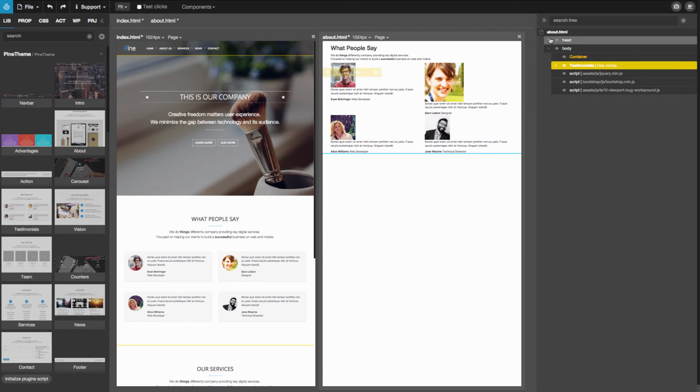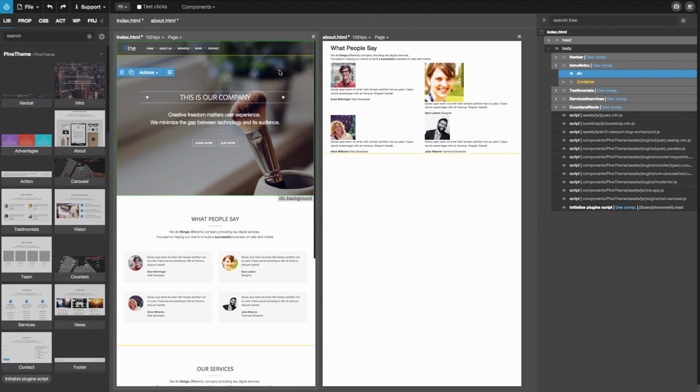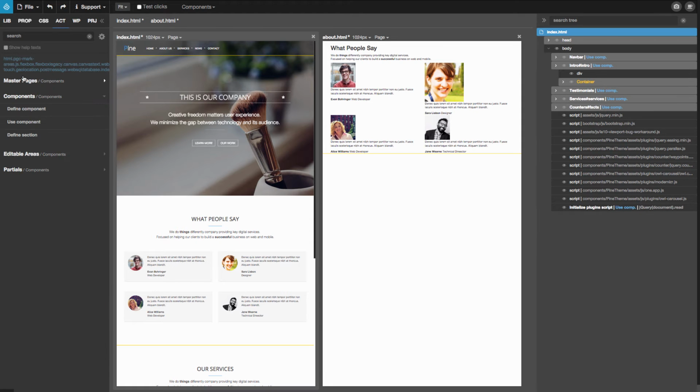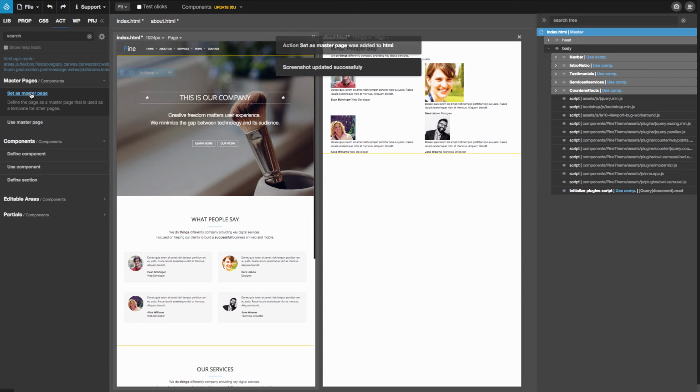And as soon as we have multiple pages, it doesn't really make sense to update resources and common areas of the page on every subpage we are using. We should define a master page to take care of that. So let's go back to index, and we go to the top, select the top element, and then here we open master pages and we say set as master page. And then we update,